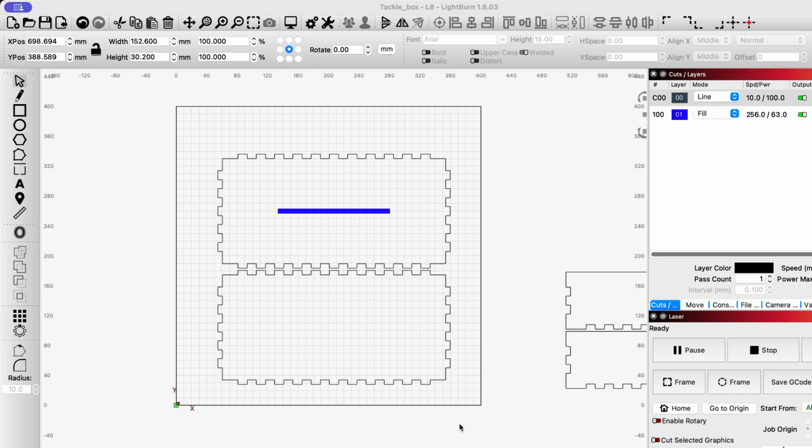So this is more like, let's modify, let's do some things. So hopefully you enjoyed this, just kind of talking philosophically about using Lightburn and other things to develop